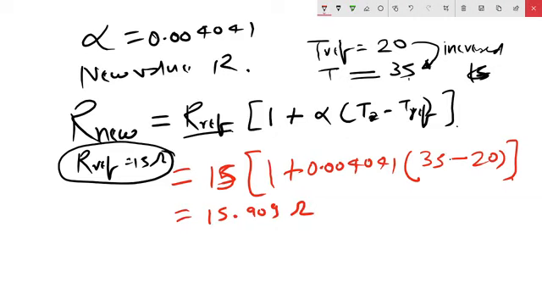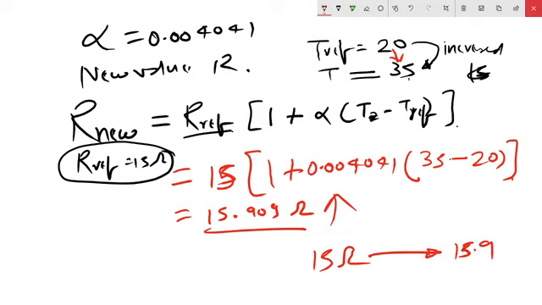So after increasing the temperature from 20 to 35, you can see the resistance value is increasing. Initially it was 15 ohms, now it is increasing to 15.9. So this will also give you a concept. This is a very good question. You should know how